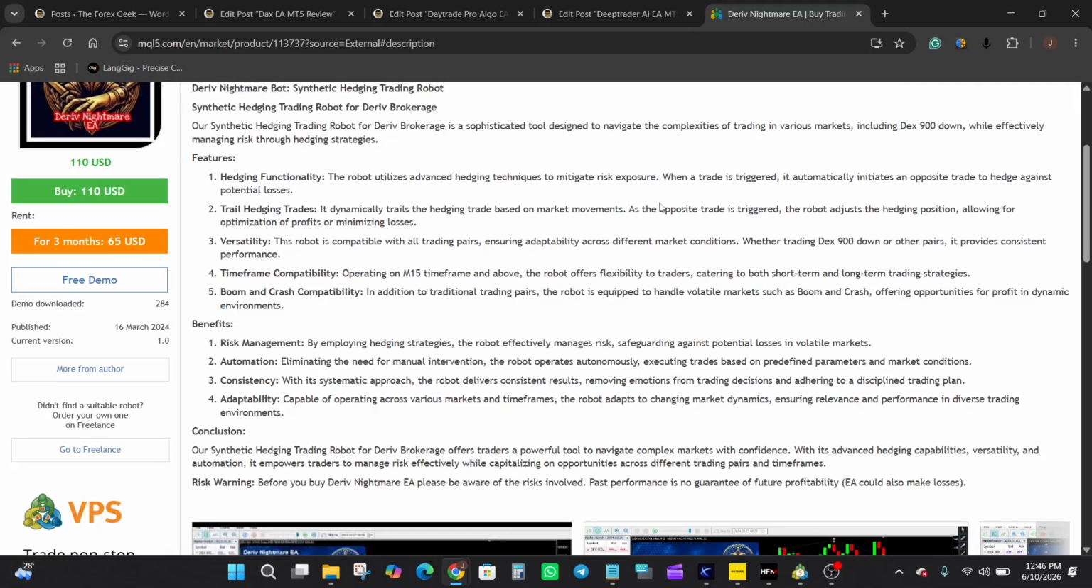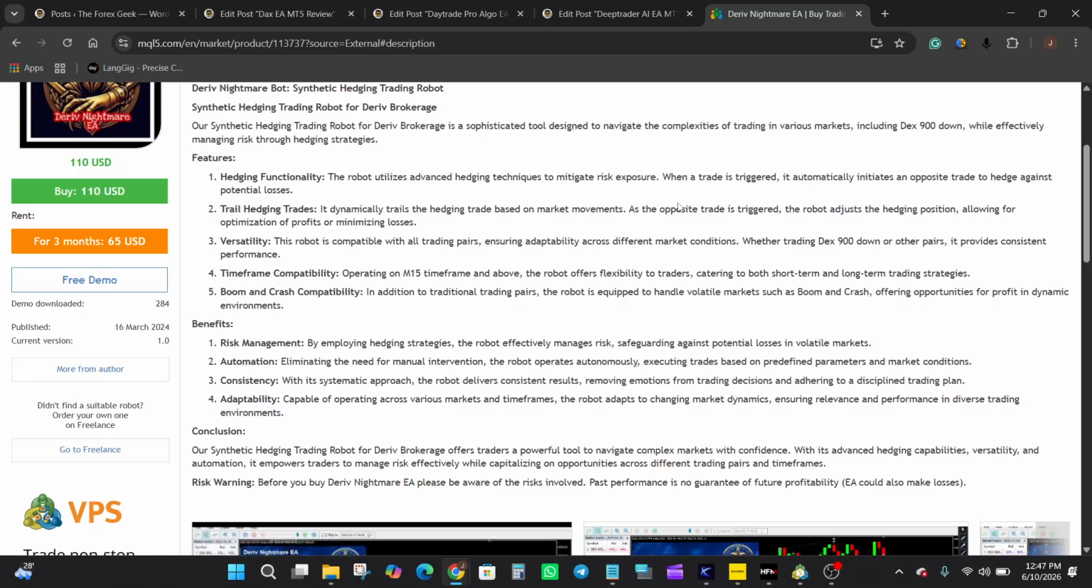instruments. Now, one of the first key points mentioned is that the EA uses a hedging based approach. When a trade is triggered, the system opens an opposite position to reduce exposure. This is presented as a built-in risk management method aiming to balance potential losses during market movement. Another feature highlighted is the trailing behavior of hedging trades. As the market moves, the hedging position is adjusted dynamically, which is intended to help manage floating exposure more efficiently